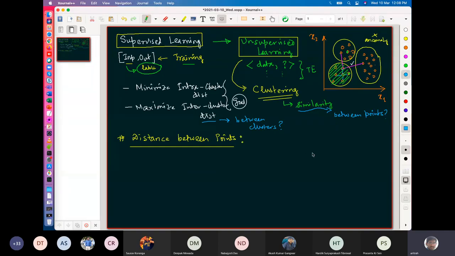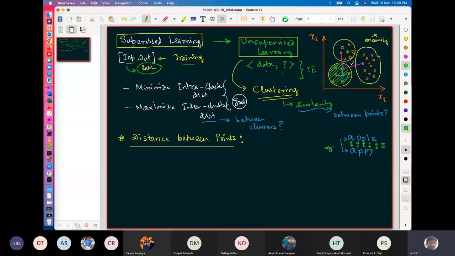So let me give you some examples to think around this line to come across a distance. For example, if I give you a string like apple and I give you another string like appy, what will be the distance between these two strings? Having the programming knowledge, you can easily do one way: it could be the difference between the letter positions in each of these, and then I sum up all the differences, right? That could be one measure of the distance.